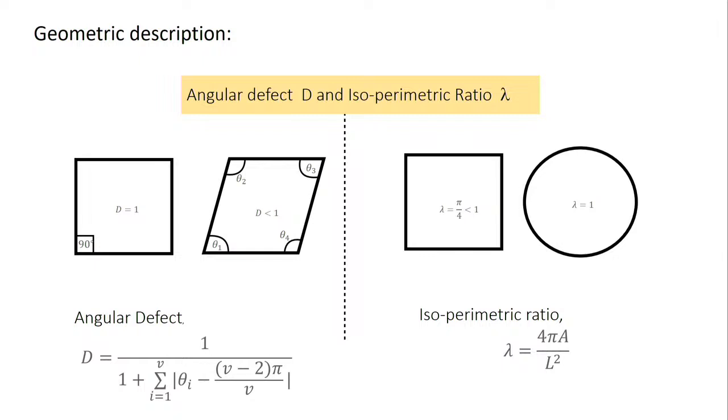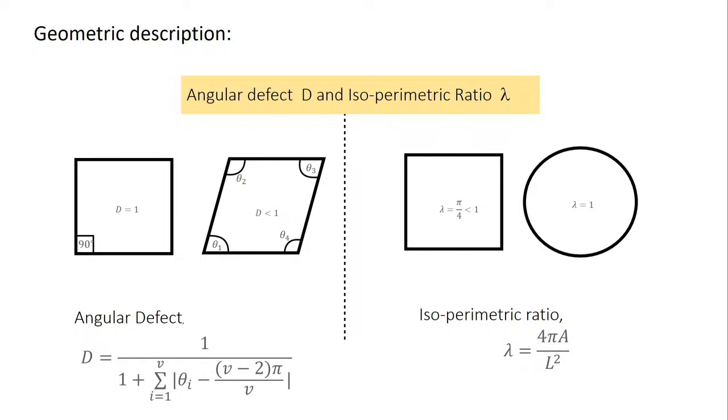So what we did was we introduced geometric description. We defined something called the angular defect. So what's that? If it is a regular quadrilateral, we expect each angle to be 90, but a quadrilateral will have 4 different angles, and each angle could be different. Let's call each of them theta i. So how much is theta i different from 90 in this case? This you can do for any polygon, and when averaged over the entire mesh, you can come to some D average,